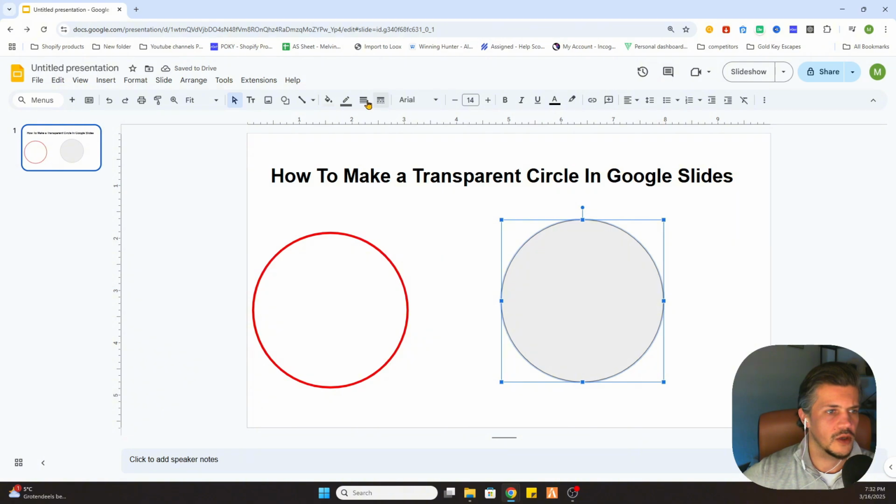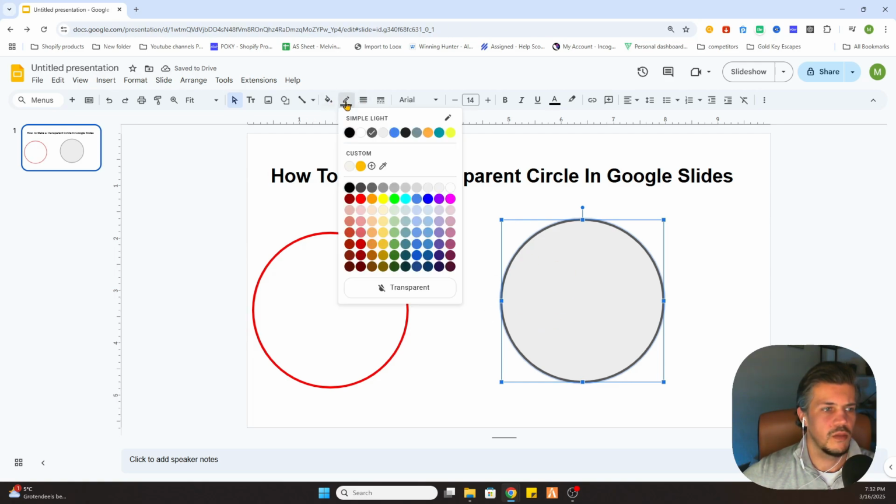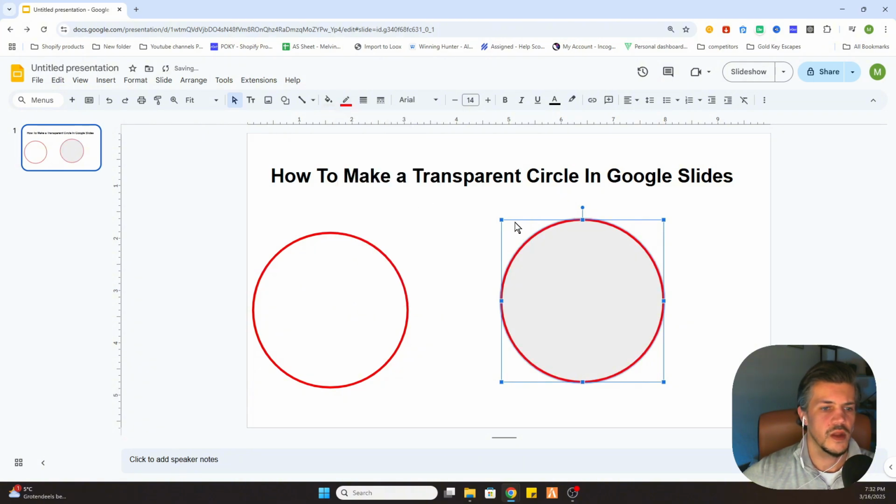What we need to do now is go to borders, and we will make it a little bit thicker. Choose 4 points, and after that we can choose the border color. Let's say we want to make it red. Select the red color. Now you have changed the border color, and now we only need to remove this color